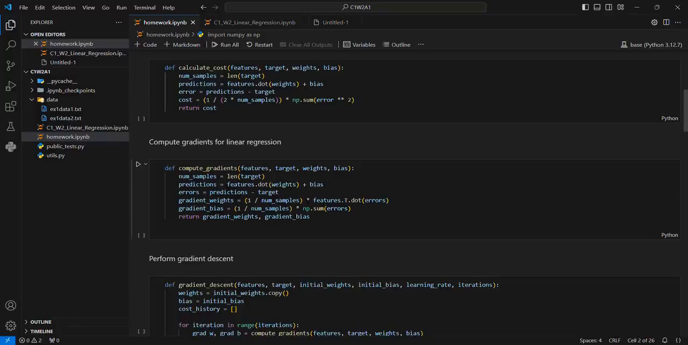We come to perform gradient descent. Gradient descent algorithm. The gradient descent algorithm